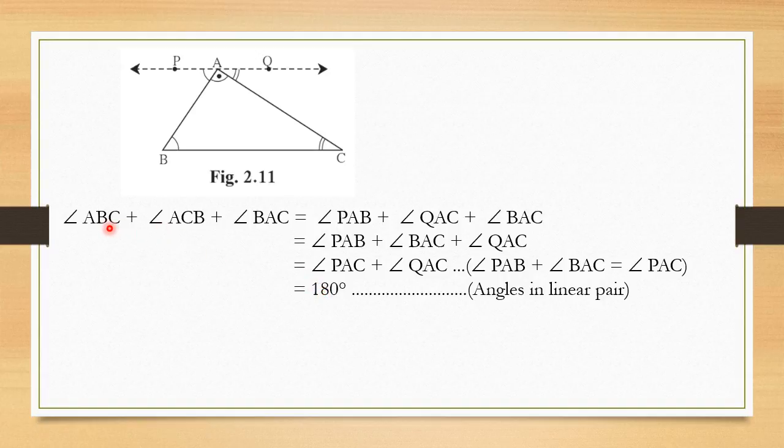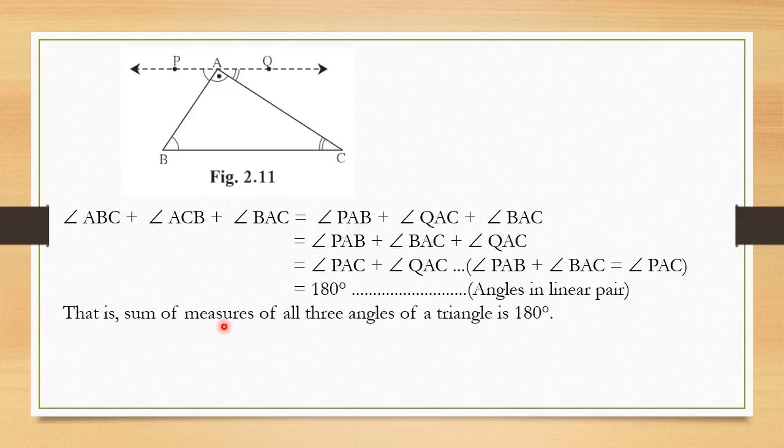And what is LHS? They are the three angles of a triangle. Finally, by using the property of linear pair and the property of alternate angles and parallel lines, we prove that the summation of all three angles is equal to 180 degrees. And we write down finally: the sum of the measures of the three angles of a triangle is 180 degrees. So that is how we prove it. We apply the parallel lines properties to prove that when we add all the angles of a triangle, we get a sum equal to 180 degrees. So that is how we use it.